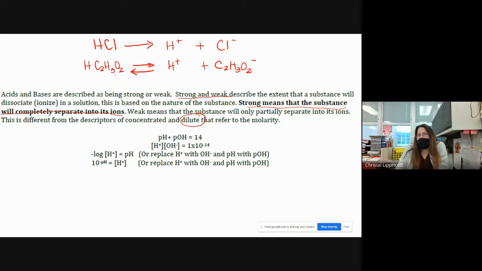If we were to draw this more realistically with our arrows, it would look something like this, because most of it's going to stay in this form. A little bit of it's going to go this way,